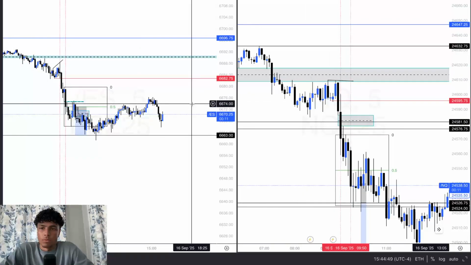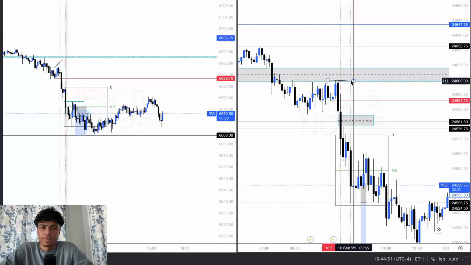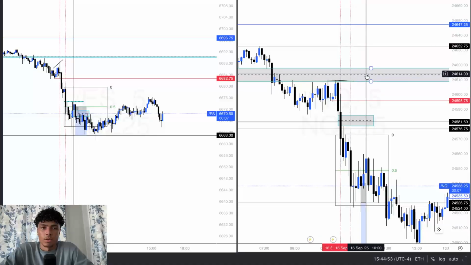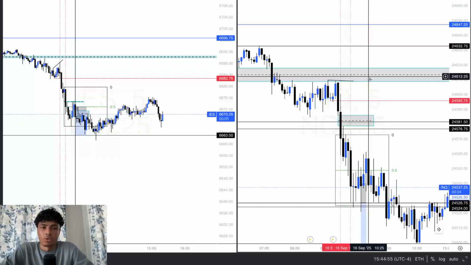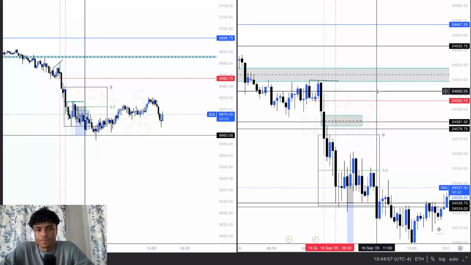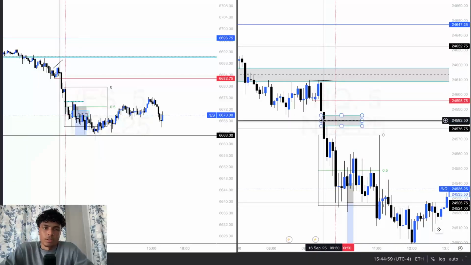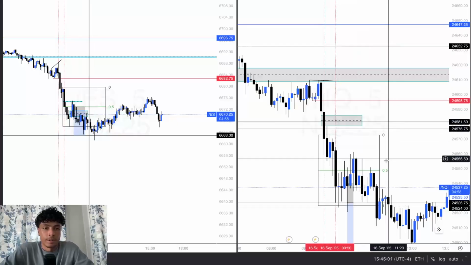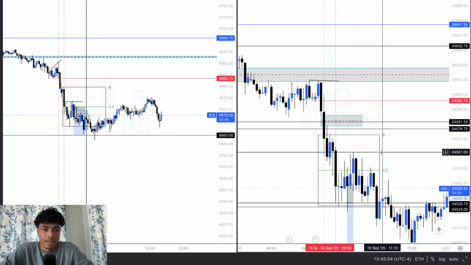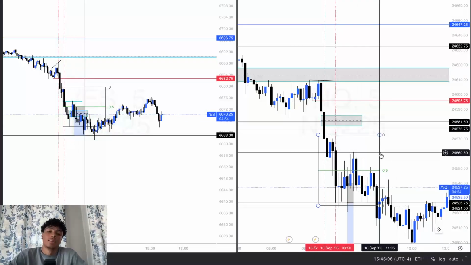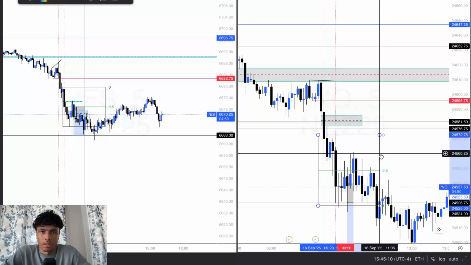And what happened too is it filled this 1 hour bearish internal liquidity. And as soon as market opens, as you can see, there's a breaker structure to the downside. There's a fair value gap. And I really thought, oh, market was edging me, bro. Pause. The market was edging me.